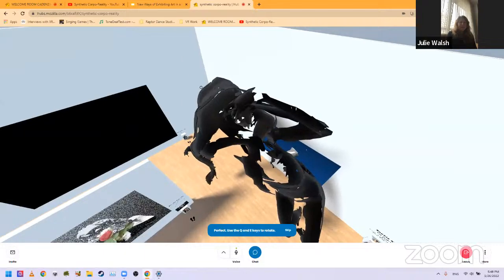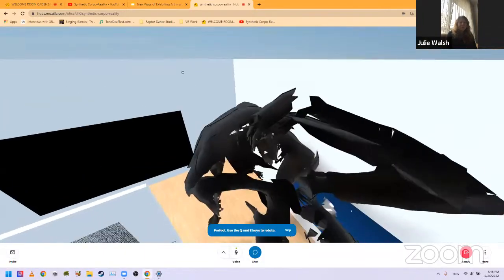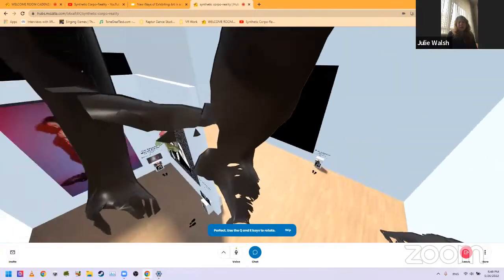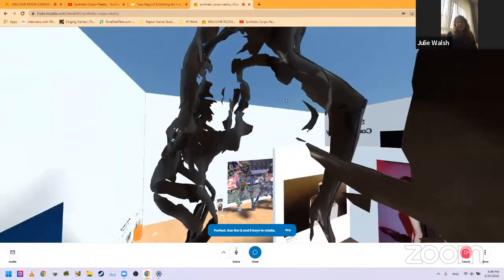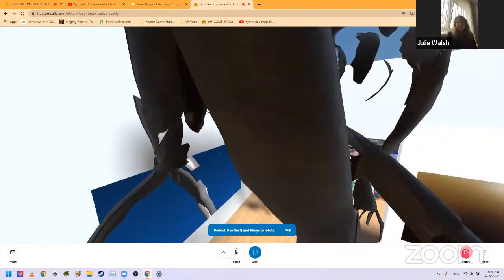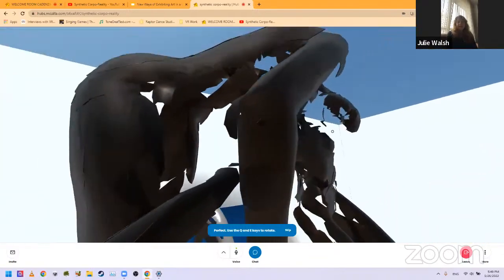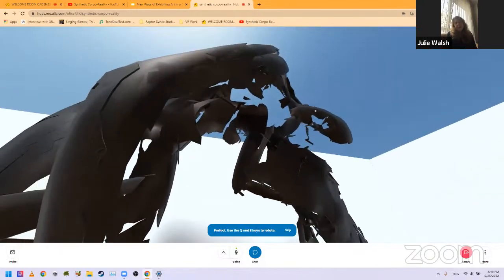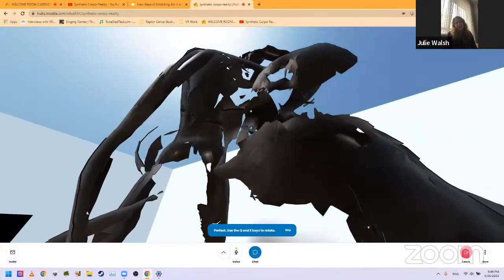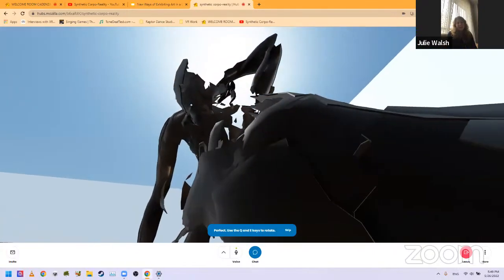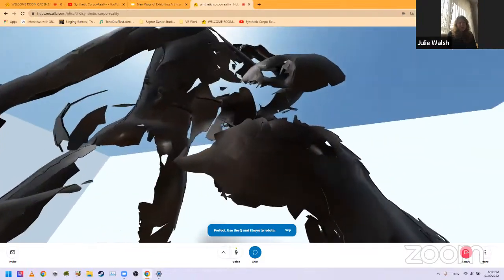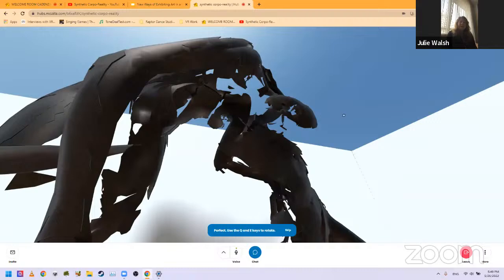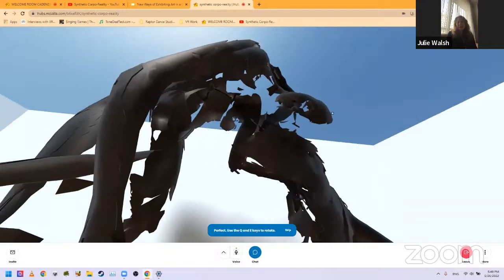And Michael, can you fly down almost through it so that people can see this entirely new, different way of experiencing sculpture? So this is the one thing I love about exhibiting in virtual realms, is that since you don't have gravity, you can see things in an entirely different way. So anyway, the bodies were 3D laser scanned, and you can see that there are holes in the surface of these sculptures. And that's because the computer couldn't actually scan and deal with all of the data of a human.